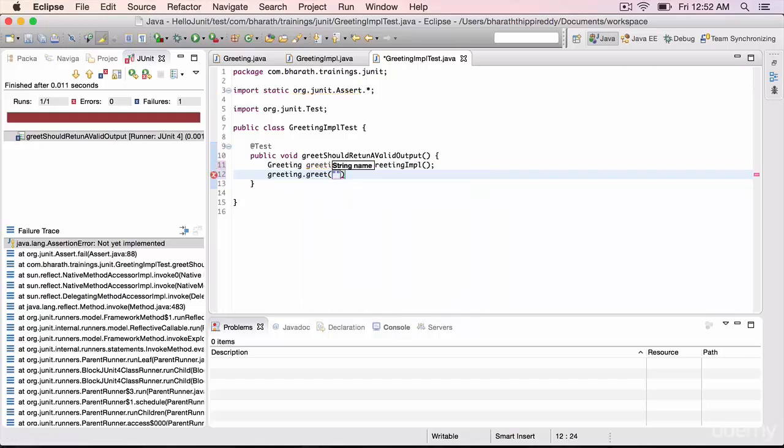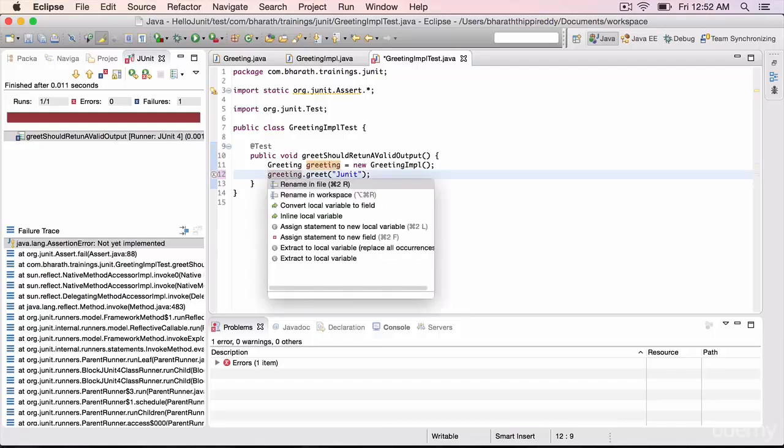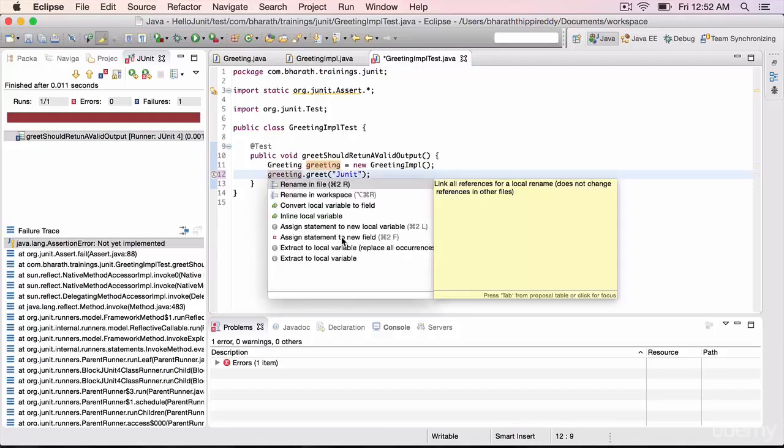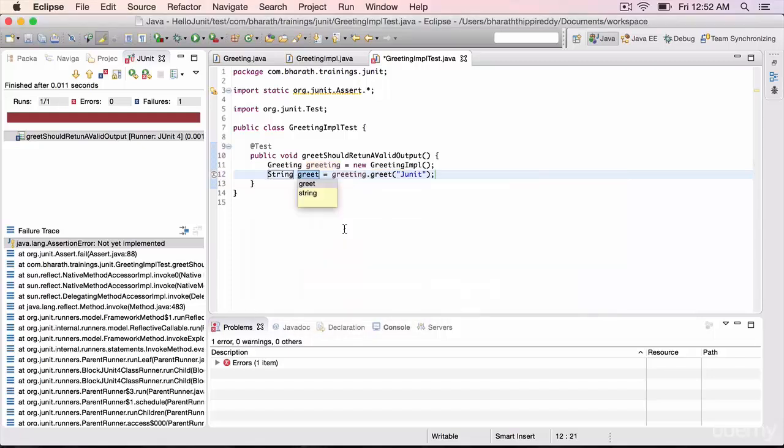Pass in JUnit as the parameter here. Assign this statement to a variable by hitting Ctrl 1, assign statement to a new local variable. Let's call it result.